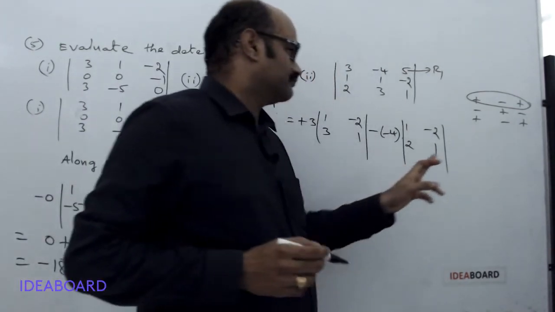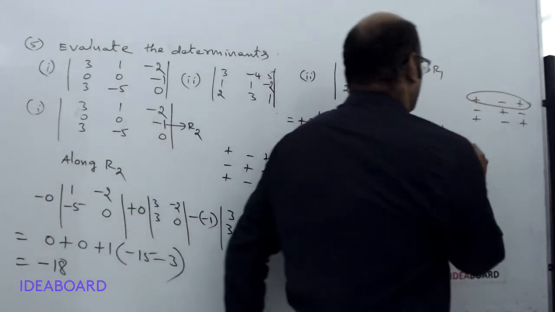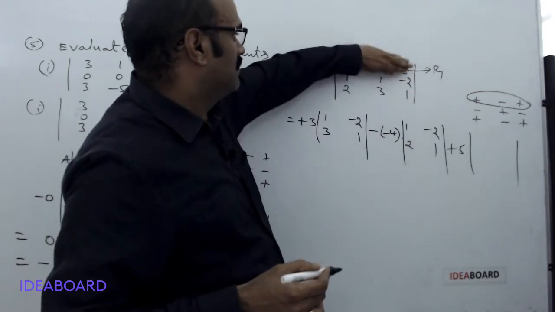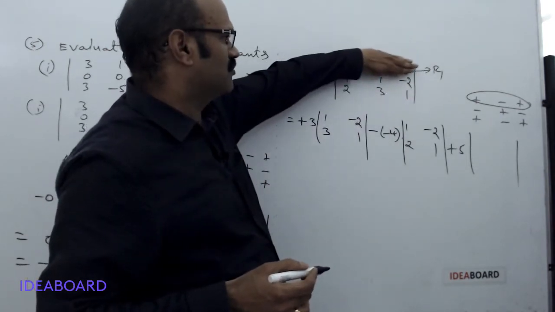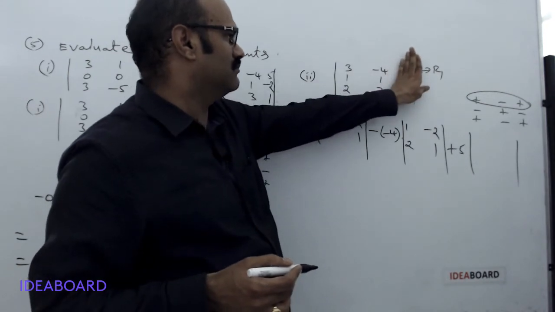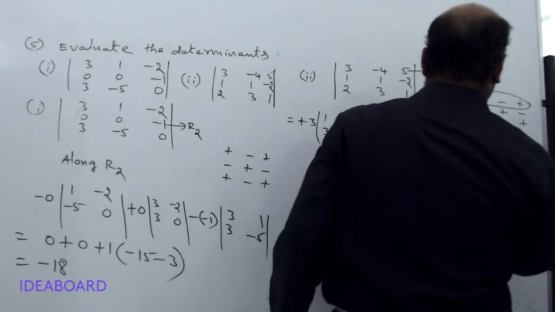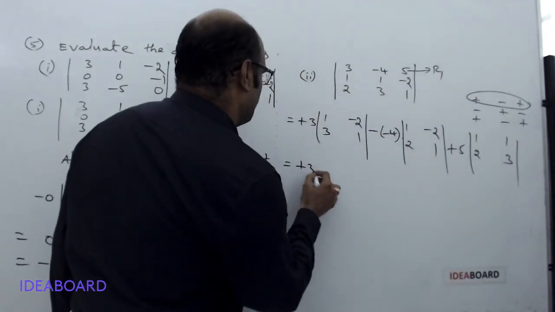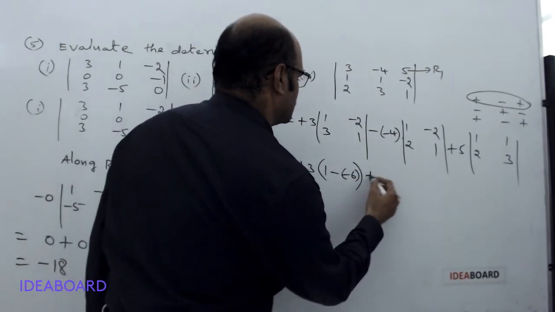Now we are having the sign plus, so plus 5 into the determinant of the remaining 4 elements, since the element 5 lies in the first row and third column: 1, 1, 2, 3. Equal to plus 3 into 1 minus minus 6, plus 4 into,